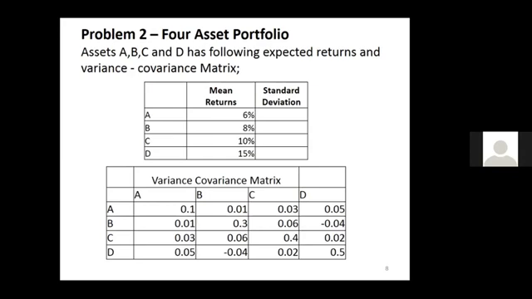A, B, C, D have the following expected returns and variance covariance matrix. Now realize that